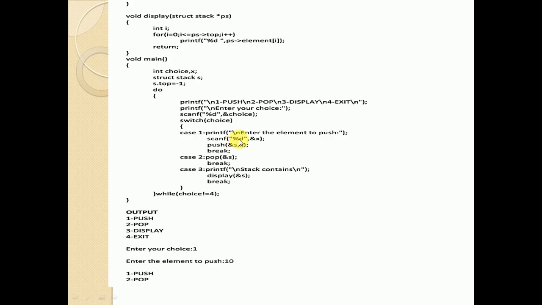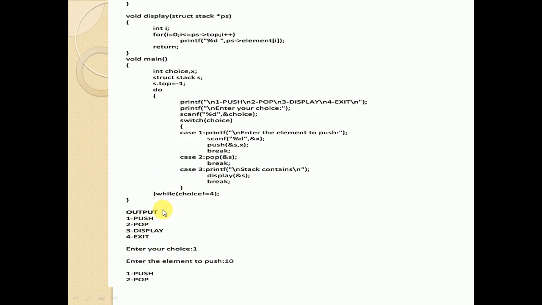By inputting the choice value, we decide which case to run. In the first case, you enter the element through the keypad, and then we push that element into the stack using the push function. The second case is pop, where we are popping the elements, meaning we are deleting the elements. In the third case, the stack is displayed by the display function, showing the elements the stack contains. If the fourth choice is selected, you can directly come out of the loop. So you can trace out the output here.